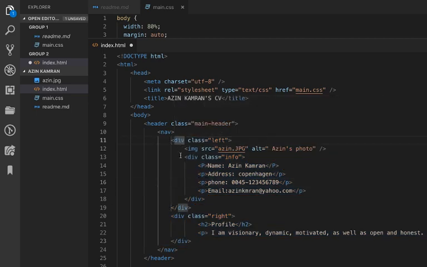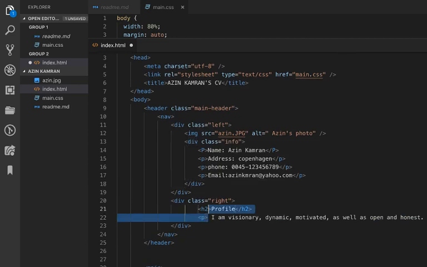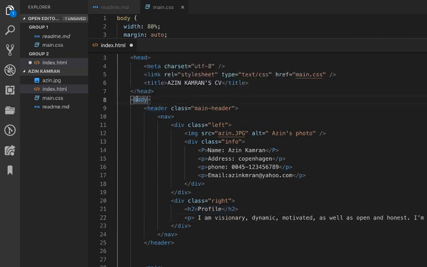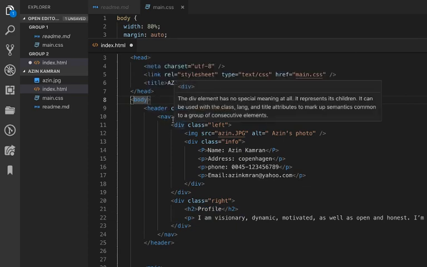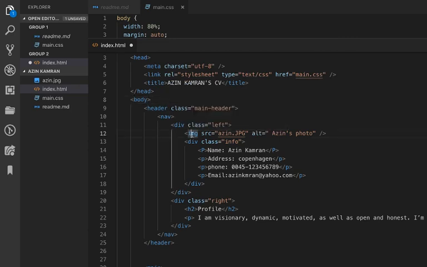Then inside this div, there is div. Everything is all right now. There is this one as well, shift tab. So now when you read this one, it's more readable. You know that there is body, the header inside the body, the nav inside the header, the div inside the nav. Now image and div